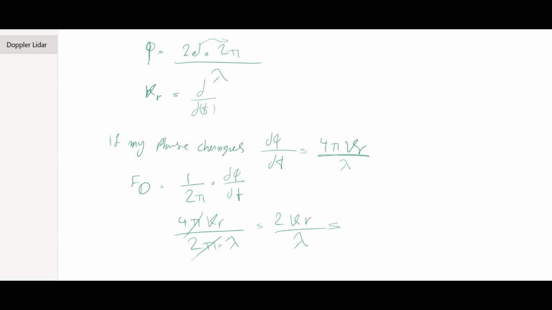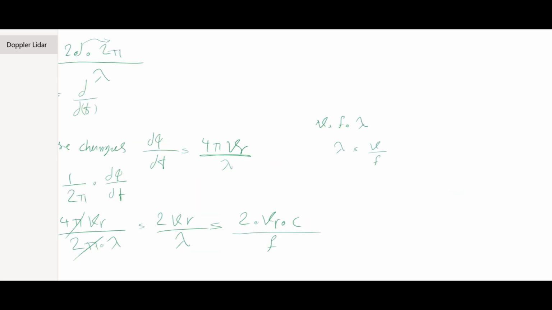And if I change these two, remember velocity is going to be frequency multiplied by lambda, therefore frequency is going to be velocity divided by lambda. I can say 2 times radial velocity multiplied by the speed of light divided by frequency. I'm sorry, because lambda is in the denominator, we are going to change the place of frequency and the speed of light, and for that I would receive something like this: